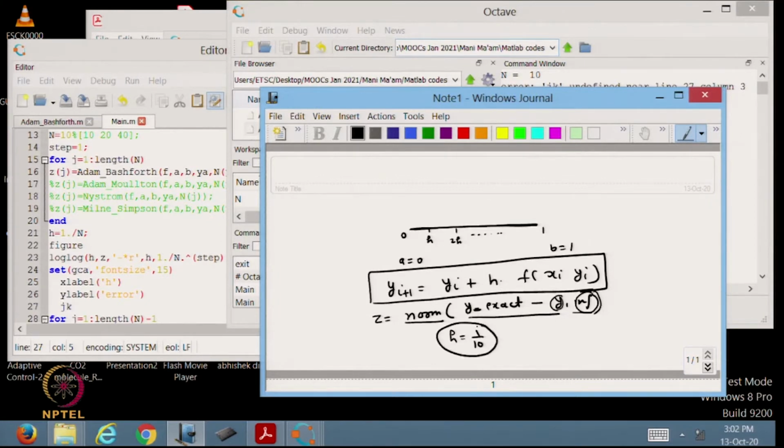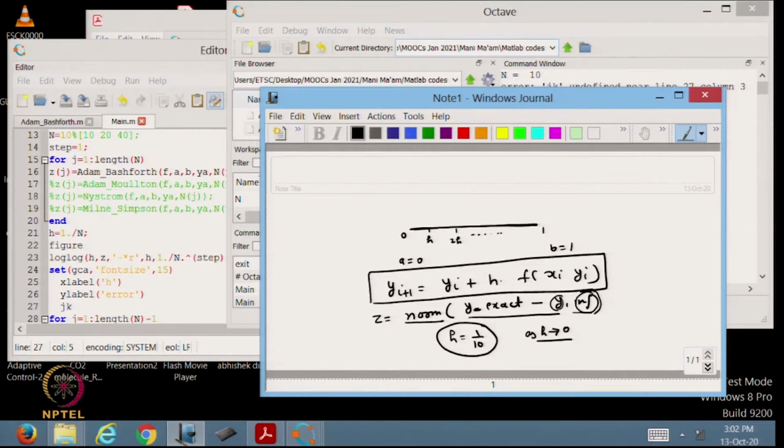We have studied the convergence of a difference scheme: as h tends to 0, the numerical solution should converge to the exact solution, or basically the error should converge to 0. That is what we have already seen in our previous lectures.